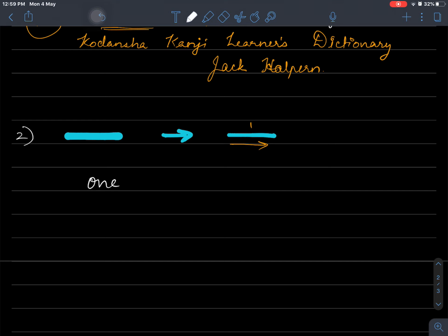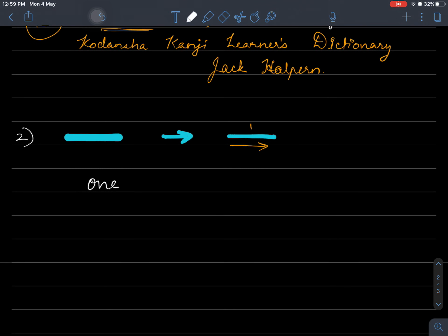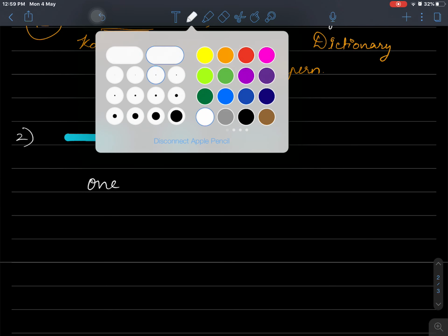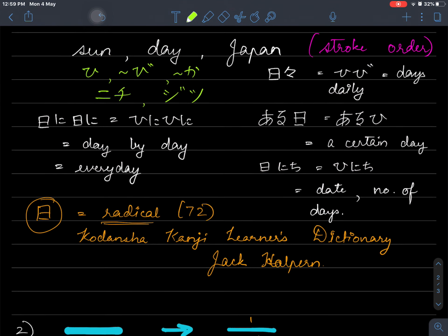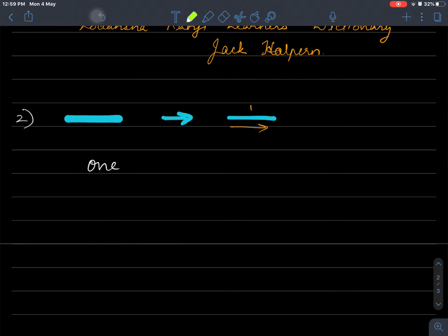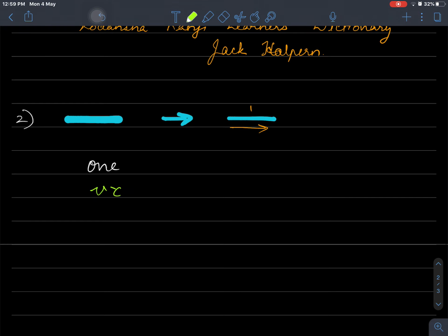So how do we write it? What are the onyomi and kunyomi of this kanji? I think this is the correct green that I have chosen. I will skip this color convention eventually if it becomes too cumbersome, but just for the first day, I want to highlight everything separately. So let's have a look at it. So you could call it hito, where hito will be followed by something. This is the meaning of the squiggly line. Hito followed by something else, so that means 1 of that something else.